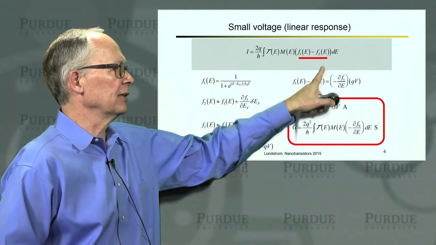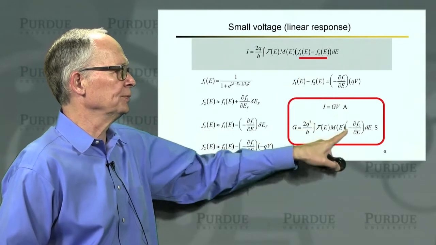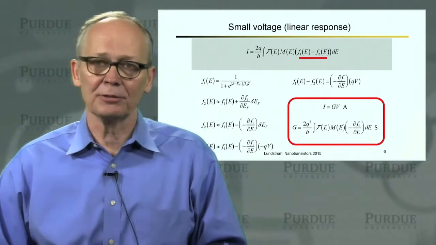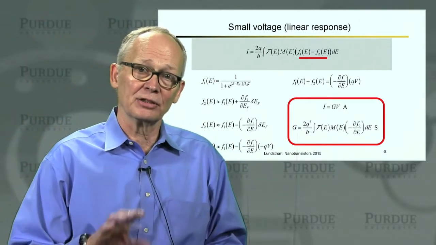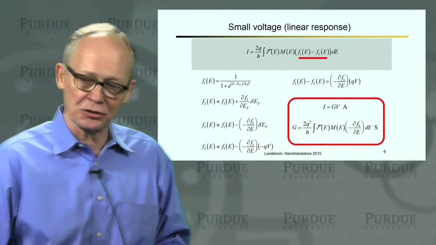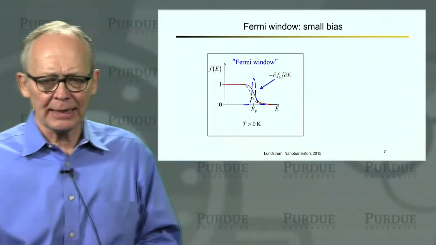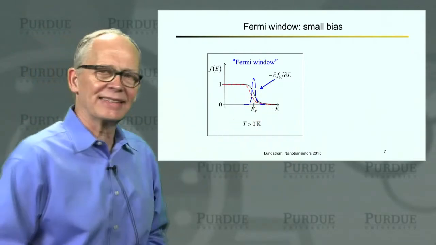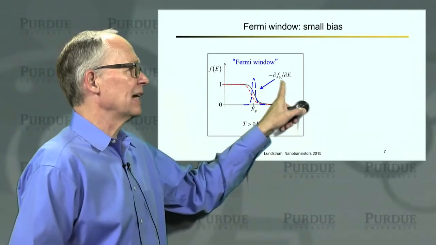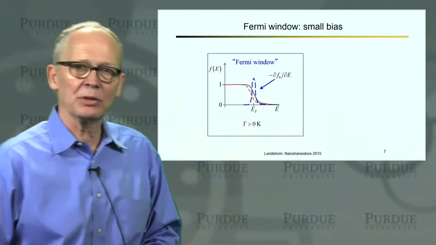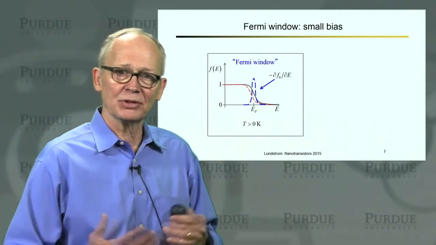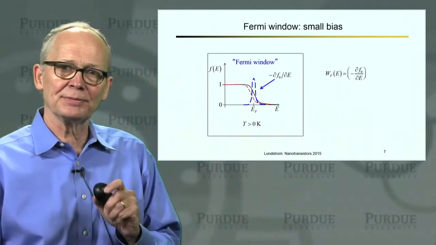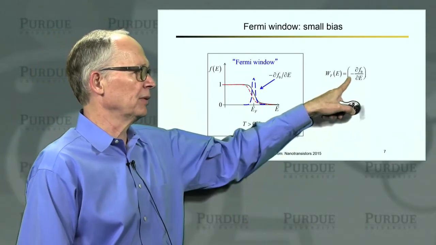I've simply used this Taylor series expansion for F1 minus F2. The expression I get for the conductance is given here. That's a very important expression that is widely used in many different cases, not just for small MOSFETs. So we have now determined that this Fermi window that we sketched a few slides ago is actually minus the derivative of the equilibrium Fermi function with respect to energy. So we know what it is. This is what we call the window function. The window function is just minus this derivative of the Fermi function.